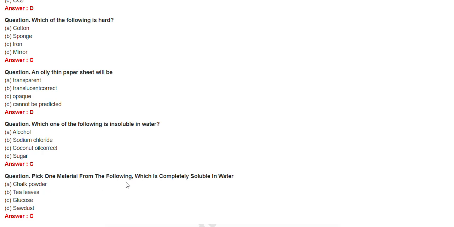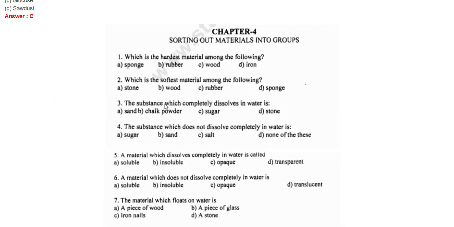Next, pick one material from the following which is completely soluble in water. Glucose. Next, which is the hardest material among the following? Hardest material, iron. Option D. Which is the softest material among the following? Sponge. The substance which completely dissolves in water is C. Sugar. The substance which does not dissolve completely in water is